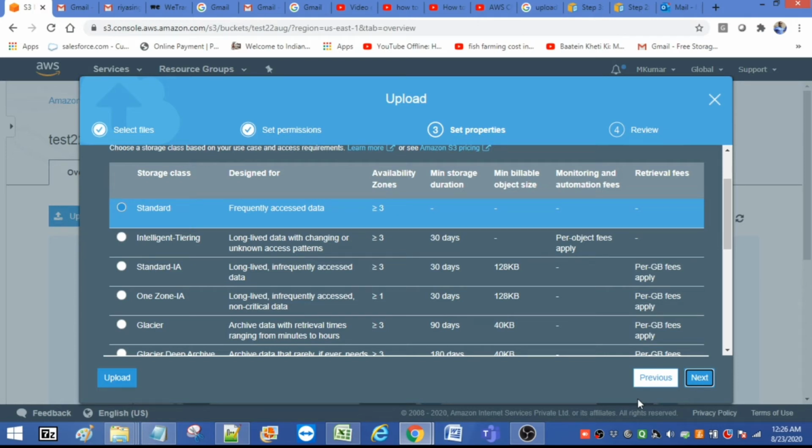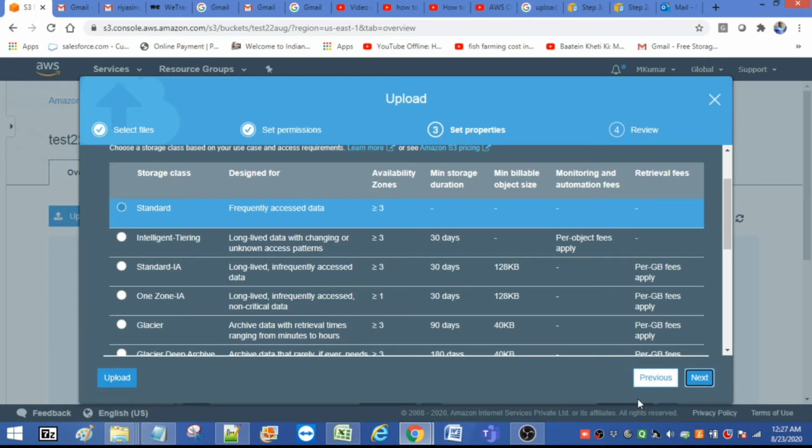On set properties, choose the storage class and encryption method to use for the files that you are uploading. You can also add or modify metadata. You can see here the storage class details: designed for availability zones, minimum storage duration, minimum billable object size, monitoring and automation fees, retrieval fees.